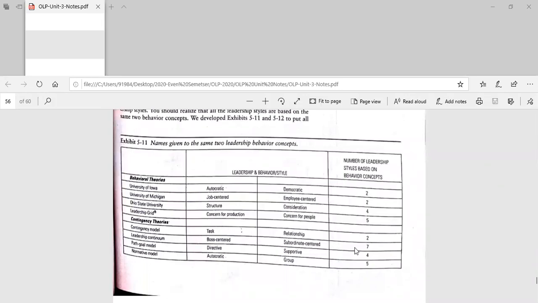In the previous class, we discussed seven styles of leadership with the questions. Then path goal theory with directive and supportive, again four styles of path goal theory we discussed in that. Then finally today's topic, the normative model, autocratic and group wise, again with five styles of leadership, which we have discussed just now.